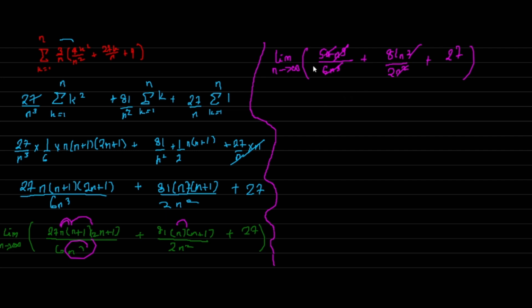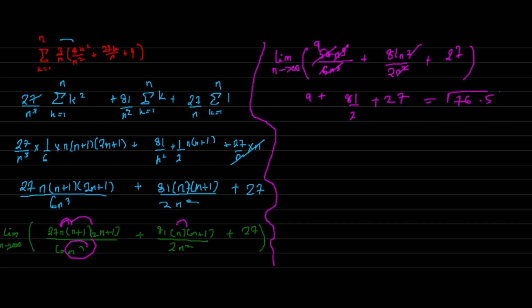So 54 over 6 is 9. So you get 9 plus 81 over 2 plus 27, which is equal to